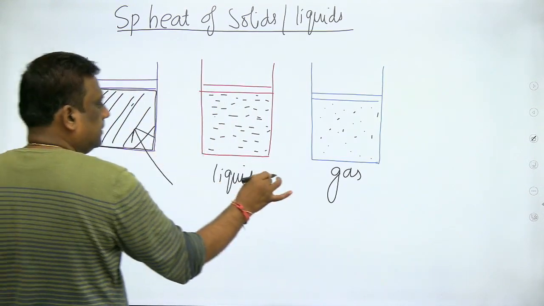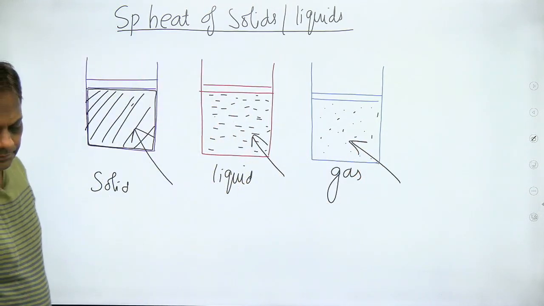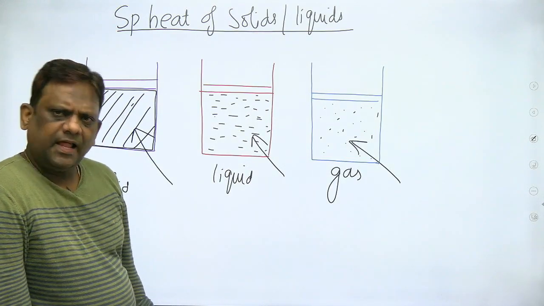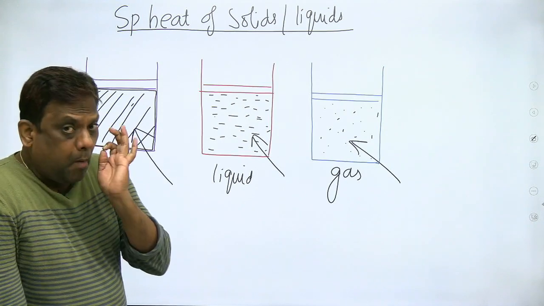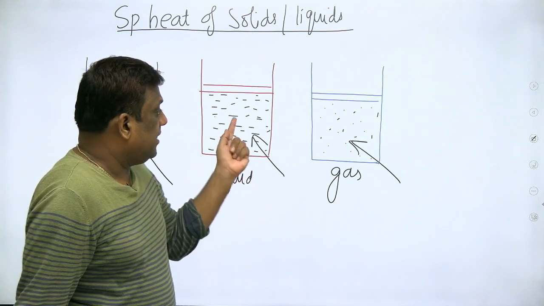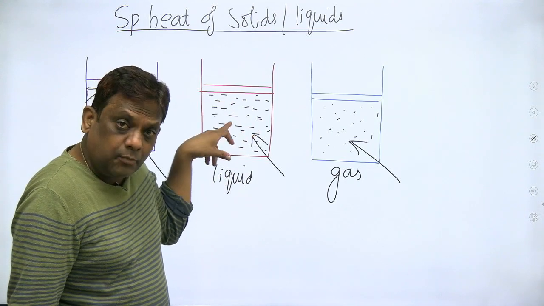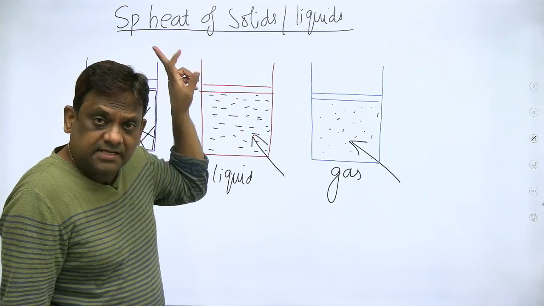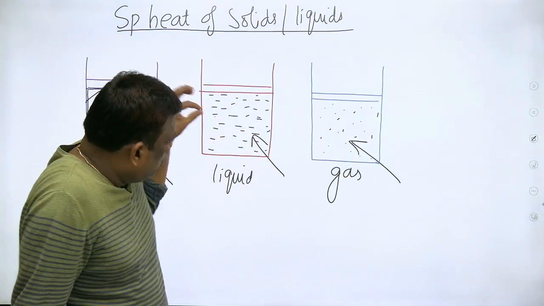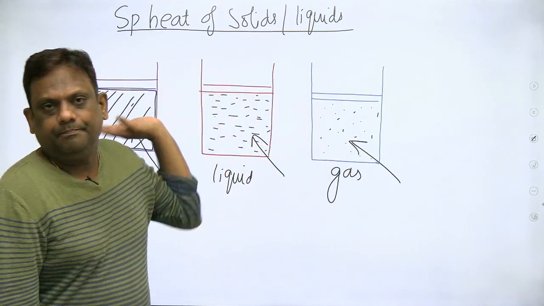हीट करो, हीट करो. Let us heat all. Very good. My dear students, एक काम करो आप. When I am heating, please note this. For example, I take water. If I take water, I am not converting it into vapor or steam. When it is converted into vapor or steam, it becomes gas. No, it should be in liquid state. That is my concern. It should be in liquid state, liquid only.